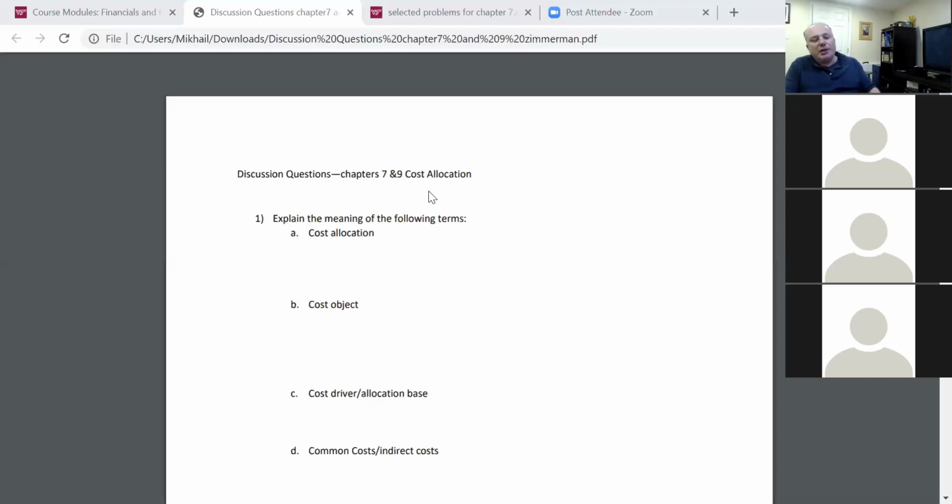So you have a cost object, that's the product to which the cost attaches. There's the cost driver, right? What's the cost driver or allocation base? Presumably, it is something that correlates with that cost. So, for instance, if you have a machine that works on a number of different products, the consumption cost of that machine should be correlated with how many batches of those products it processes over time.